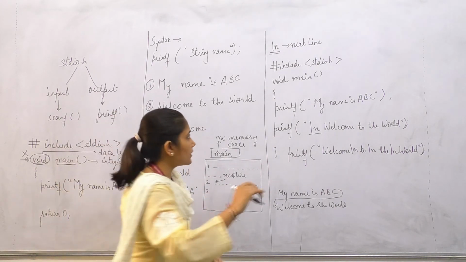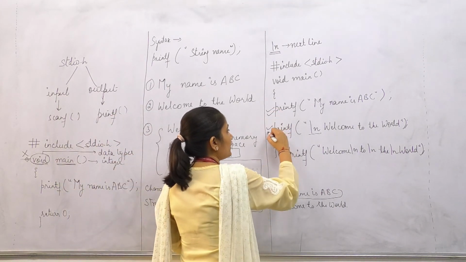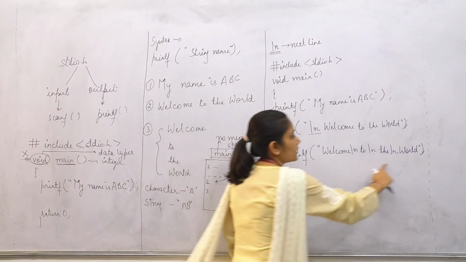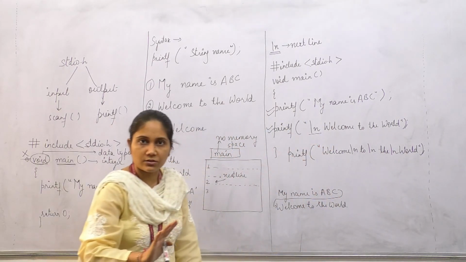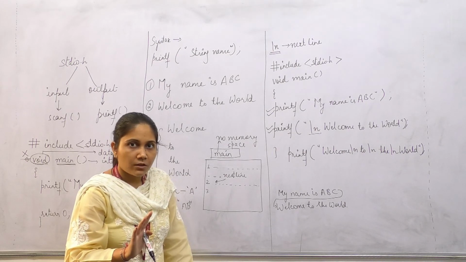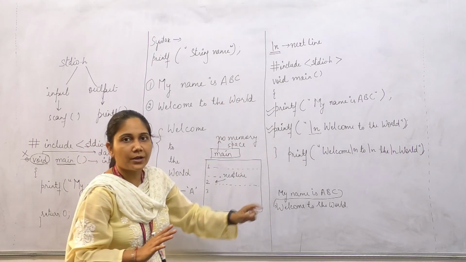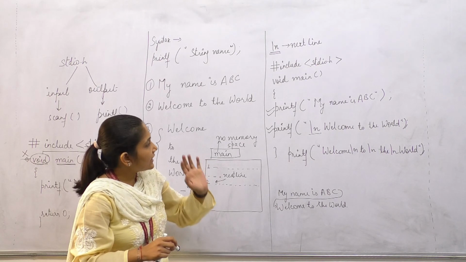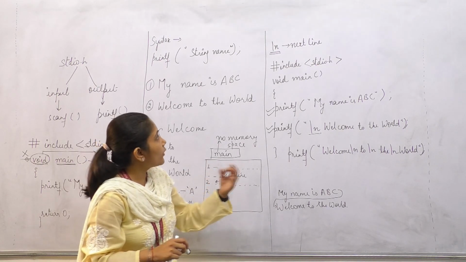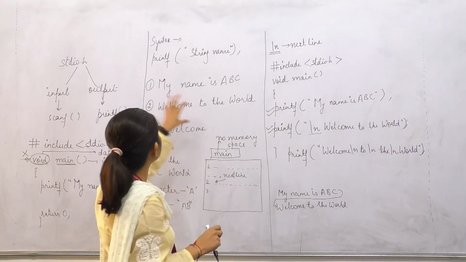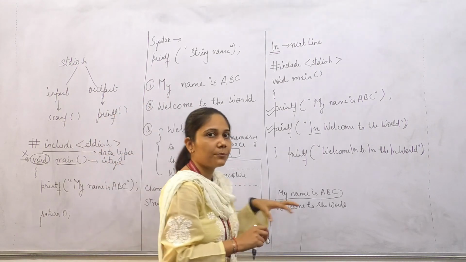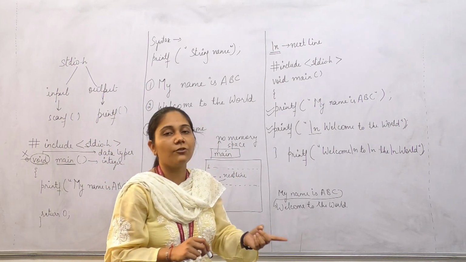So you have 2 methods now. If you want to print separately, you can print it like this. If you want to print it in a single printf, you can print it like this. So that's how we go about the printf statements, right? In the next lecture, I'm going to discuss similar things like scanf and printf. We'll be discussing more syntax of printf and scanf.